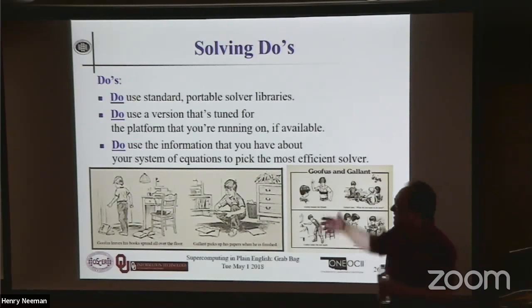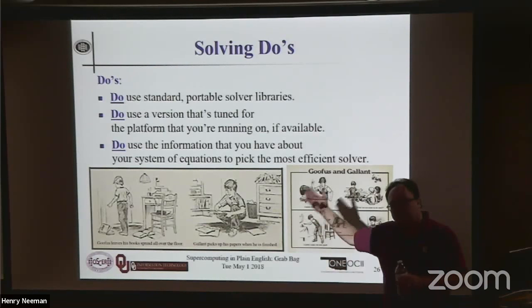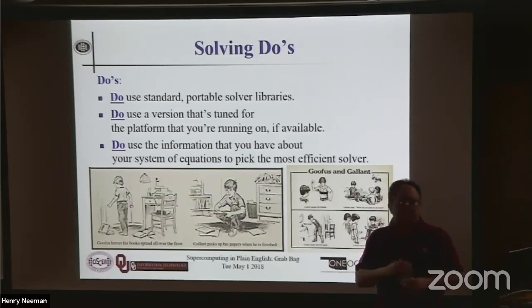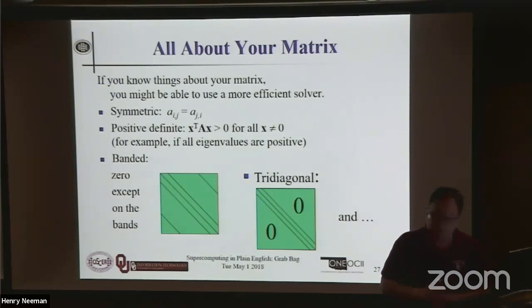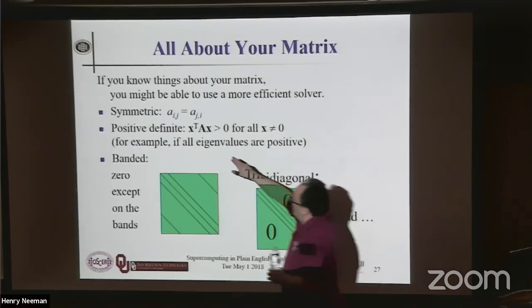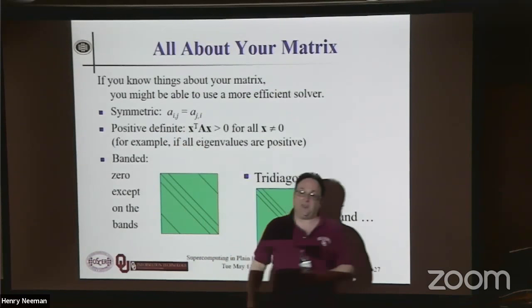It turns out these solver libraries, among others, oftentimes will handle common special cases in a very graceful way to do better. So here's some things that happen a lot. It's quite common to run into a matrix that is symmetric. So for any i and j, a_ij is the same as a_ji